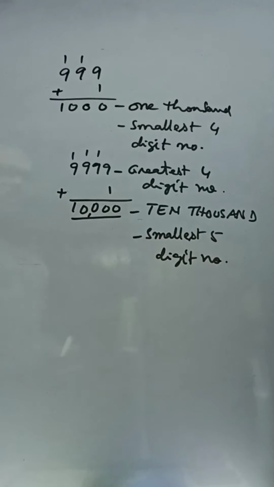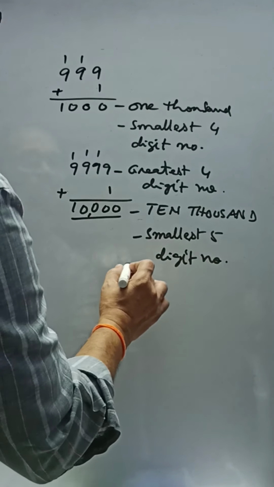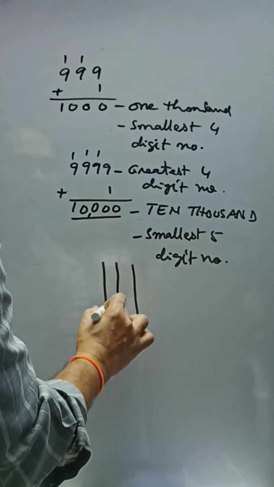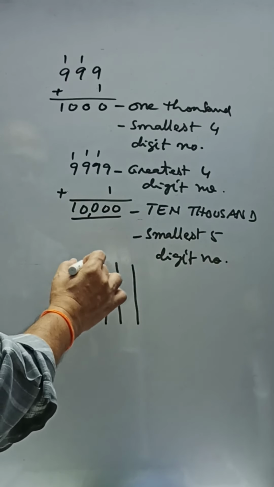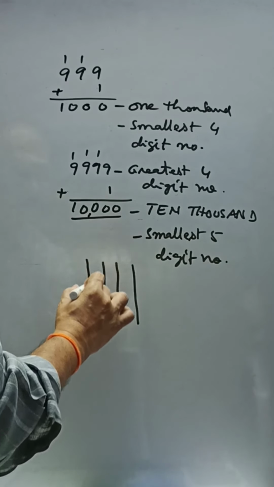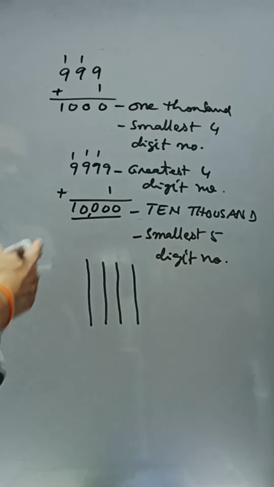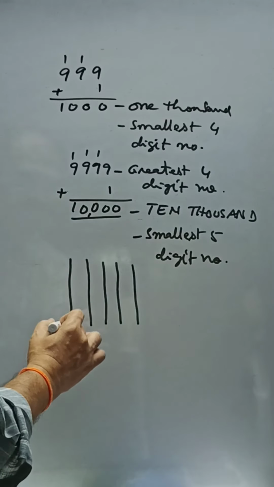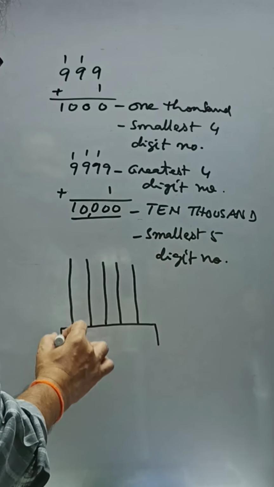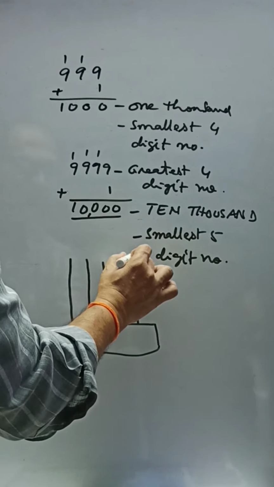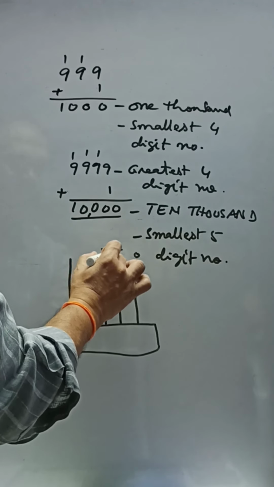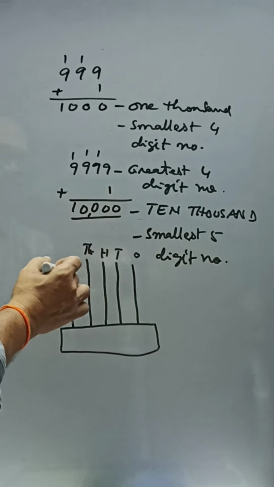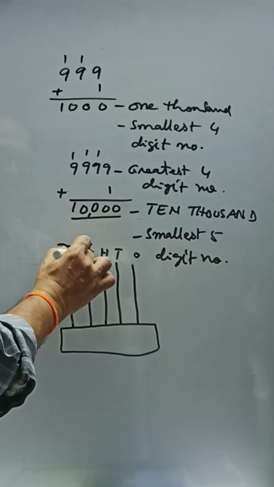Now we will see how to write this 10,000 in the abacus. We have ones place, tens place, this is hundreds place. After this, for the 4-digit number we have 1000 place. Here 5 digits are there, so one more line we will draw, and we will name this ones place, tens place, hundreds place. Then we get 1000 place. Now the new number has come to write the 5 digits. This is read as 10,000.